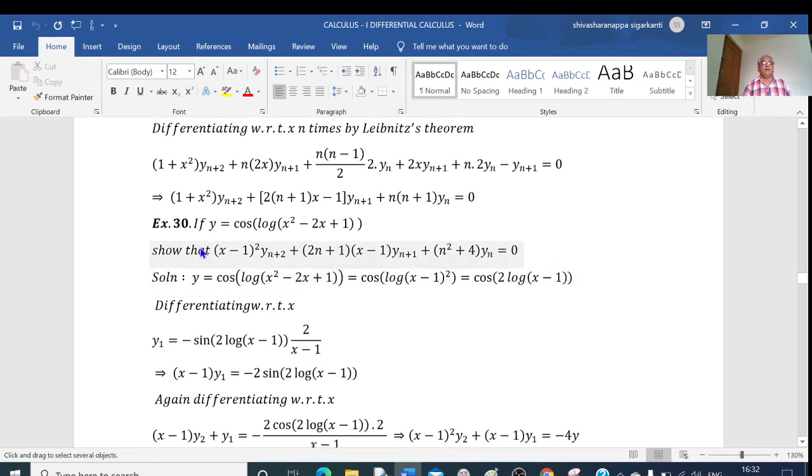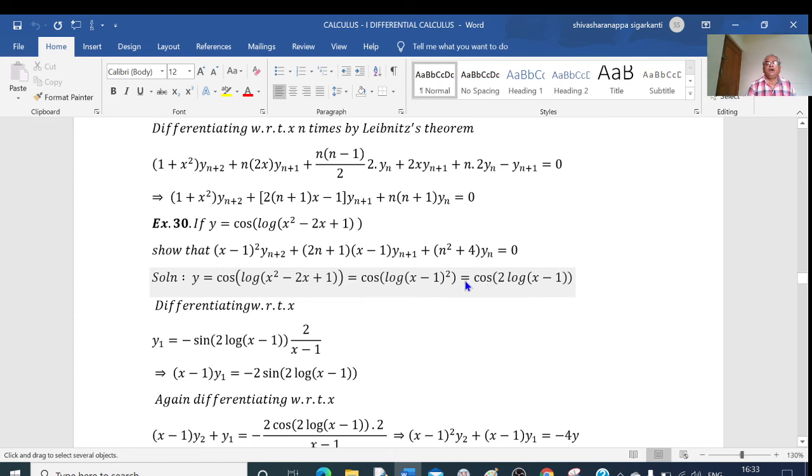Next, one more example. If y equals cos of log of x squared minus 2x plus 1, show that (x minus 1) whole squared into y(n+2) plus (2n plus 1) into (x minus 1) into y(n+1) plus (n squared plus 4) into yn is equal to 0. So given that y equals cos of log of x squared minus 2x plus 1, this can be written as